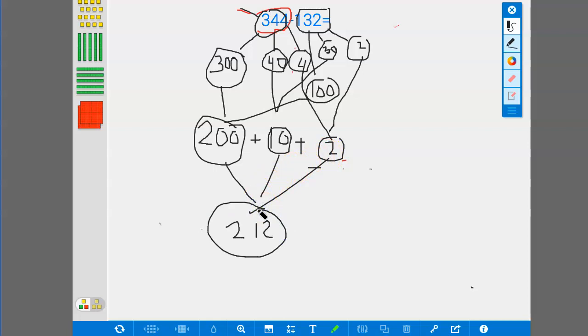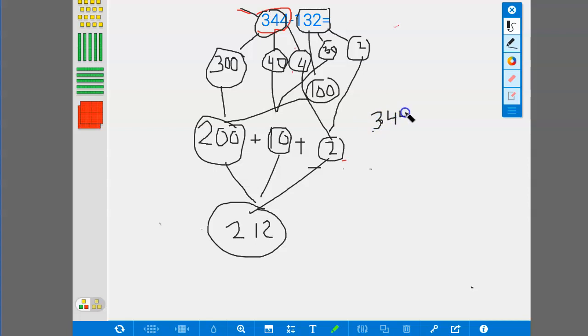Another way to solve this problem would be to use quick tens and hundreds and ones, which is something I've shown in other videos. You can also do it in expanded form. Instead of doing it with number bonds, you could just say